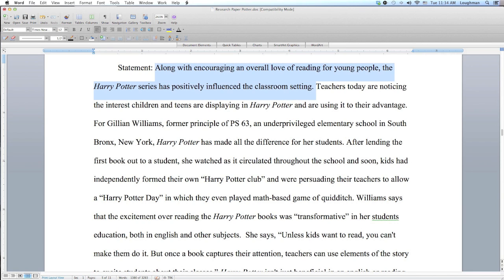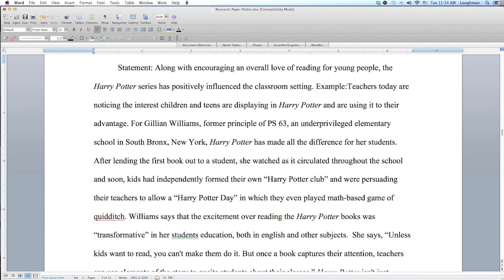This first part of the statement, just FYI, is a transition from the last paragraph. But here, this is the argument, classroom setting. Then the author goes into the example. Teachers today are noticing the interest children and teens are displaying in Harry Potter and are using it to their advantage. For Gillian Williams, former principal of PS 63,